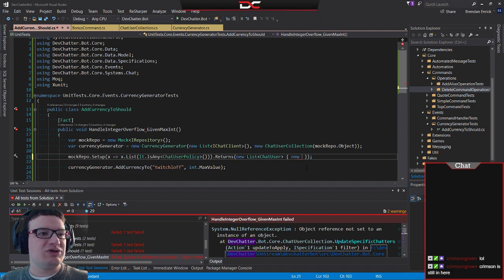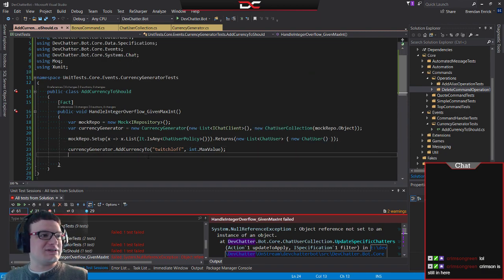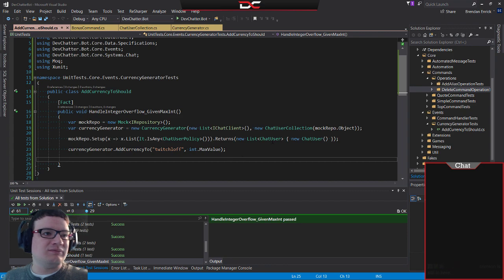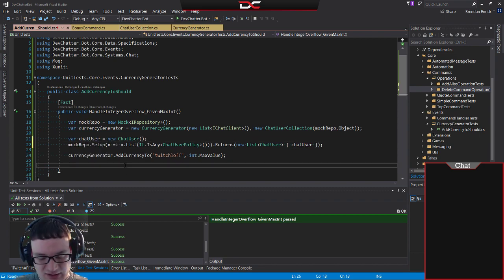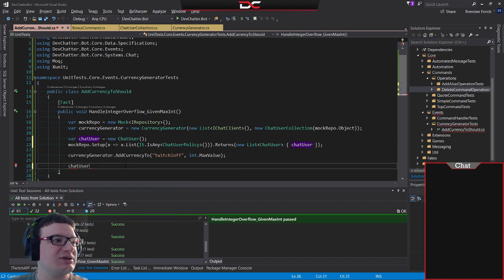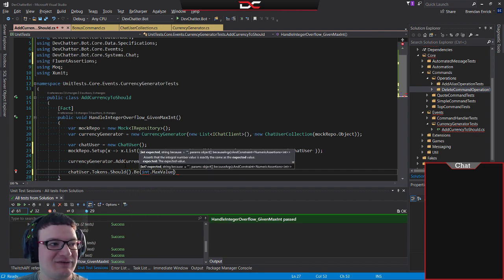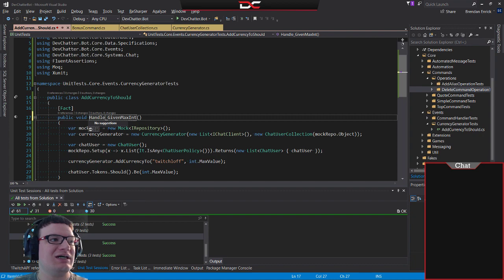Okay, so we're going to have new chat user. Do we need anything else about it? No. Because the update we're going to apply is just adding of the value. And so now we're going to go from 0 to int max, and there should be no problem. And the way I'm going to check that is by doing this. We're going to say chat user dot tokens should be int dot max value. So I just want to then verify that that value got set. We're going to say handle values should allow